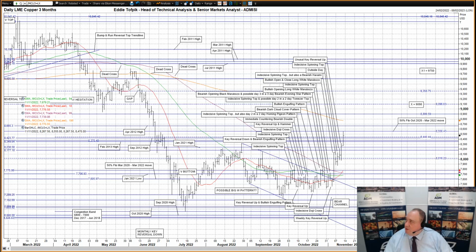I'll start with LME 3-month copper. A third bullish white soldier yesterday, but also an unusual key reversal up, and finally the trigger to a possible new large pattern. I had earlier this week said, and I quote, the market was still capped by two overhead